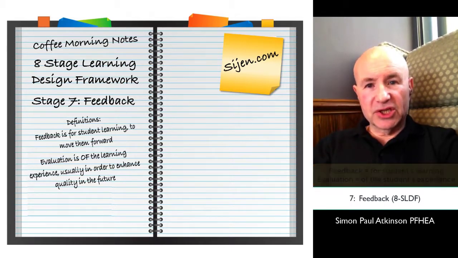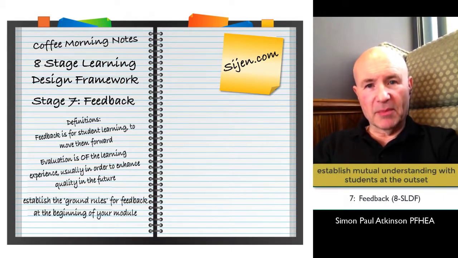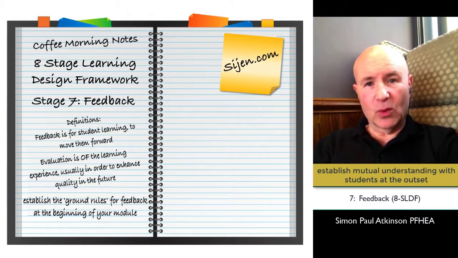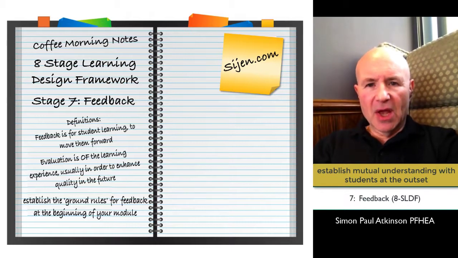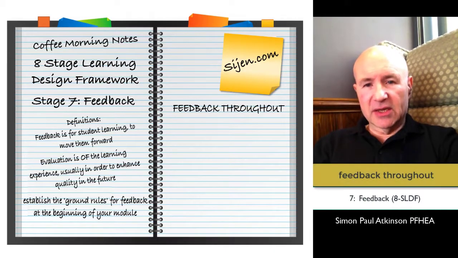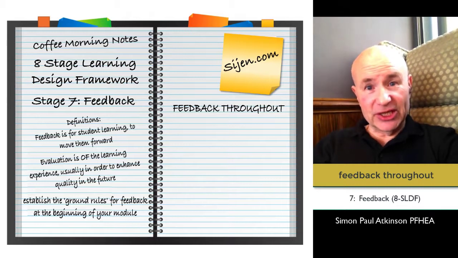So what I would suggest one does is establish right at the beginning of your module and program your understanding for students. So you understand that feedback will be given to the student or shared between students, or students will derive their own feedback in order to advance their own learning. So I tend to refer to feedback as feedback throughout, something that the French sometimes refer to as continuous evaluation. So feedback throughout is essentially directly linked then to the learning process.